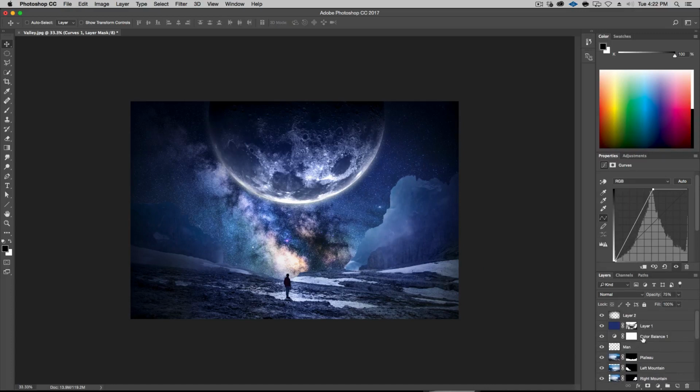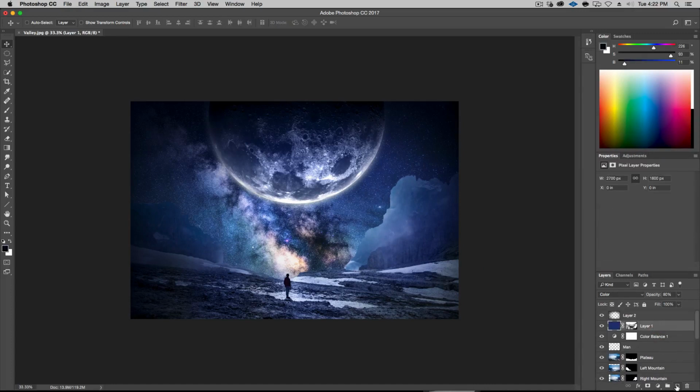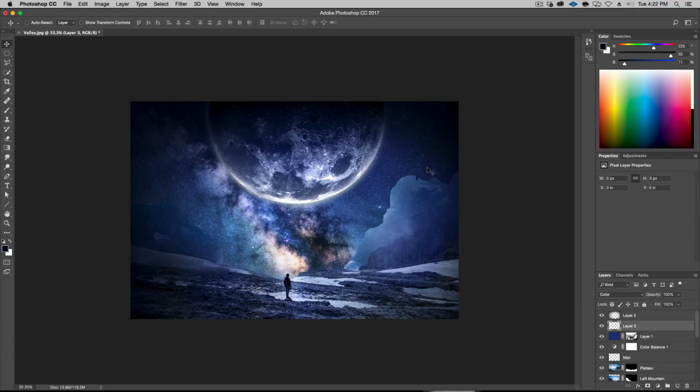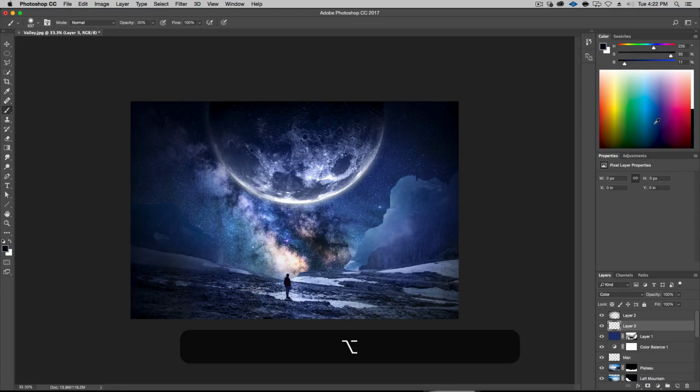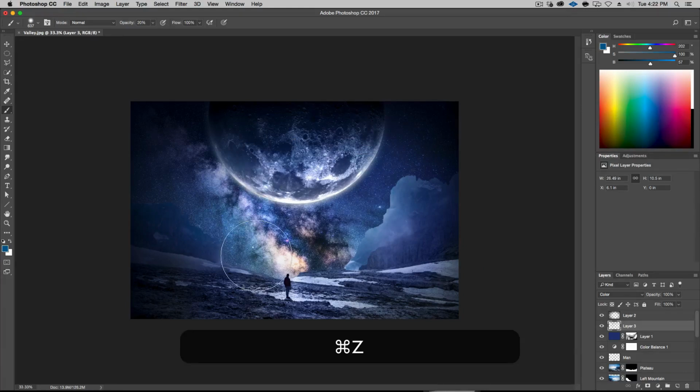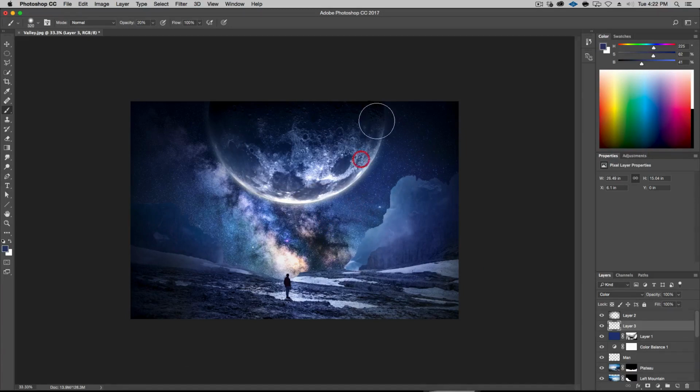I feel like it's a little too purple, so I'm going to make another layer. I'm going to go in here, and I'm going to put color. This is a weird sort of artistic choice. With a brush tool, I'm going to pick, let's say, a blue that's more like here. I'm going to go at 20%, and I'm just going to colorize a little bit because I felt like it was a little flat. I had purples around. It was a little too much. And I want to pick colors like this and bring it in here. I want a bit of that purple and bring it in here. I'm trying to basically blend this moon with these skies.